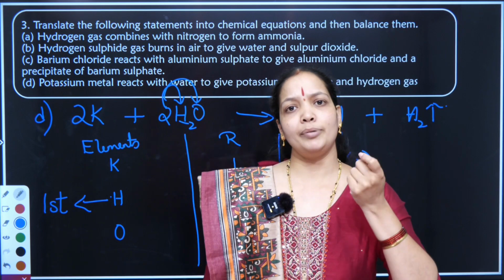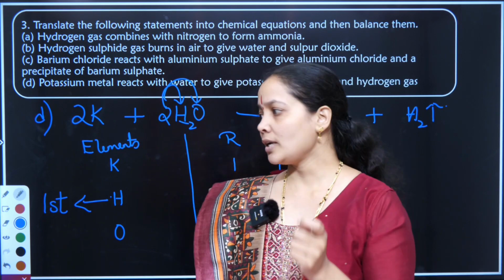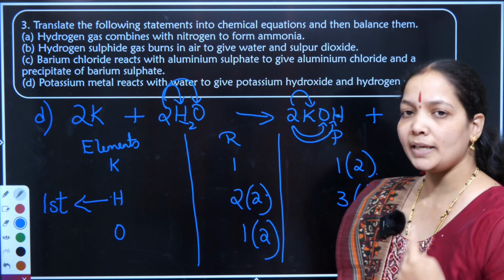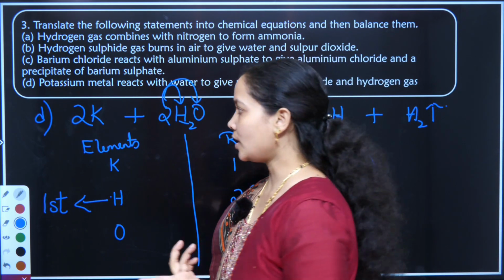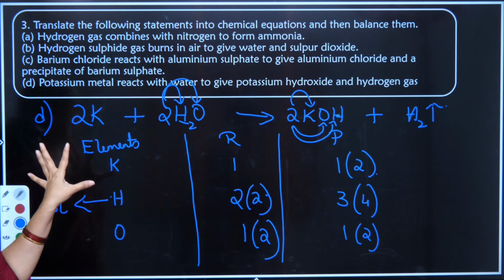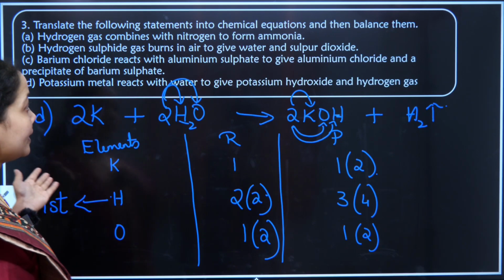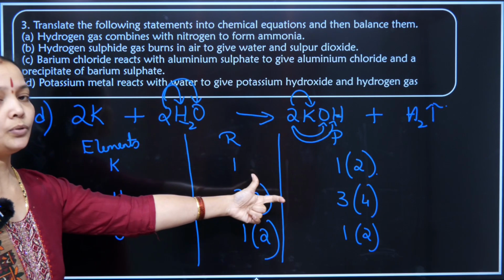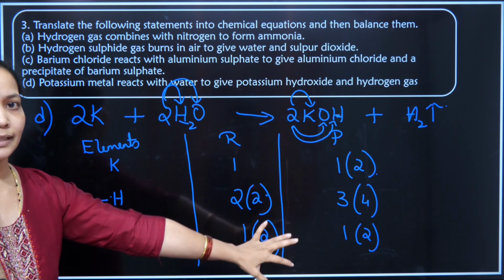After analyzing the complete set, automatically the other elements just get balanced on their own. With this simple trick, to which element I have to strike, mark it as important, you will be able to do n number of questions given on balancing. So this was the third main of the NCERT exercise, in which verbal expressions are given and we converted them into chemical reactions and balanced them.